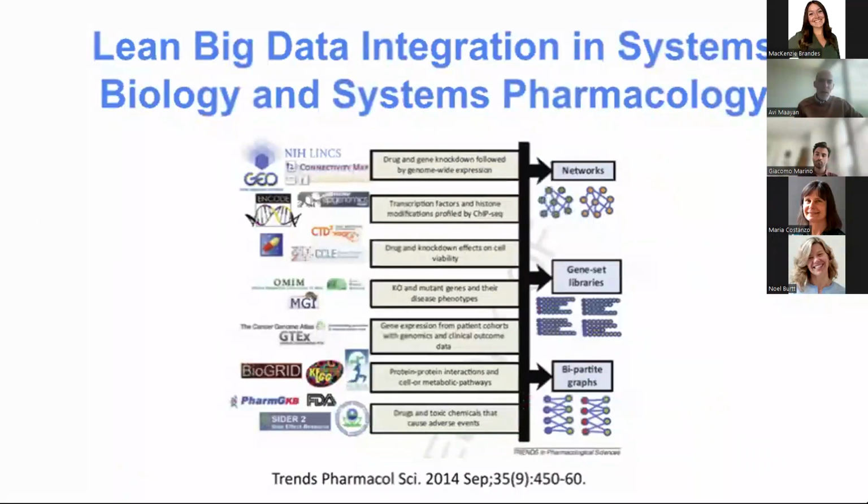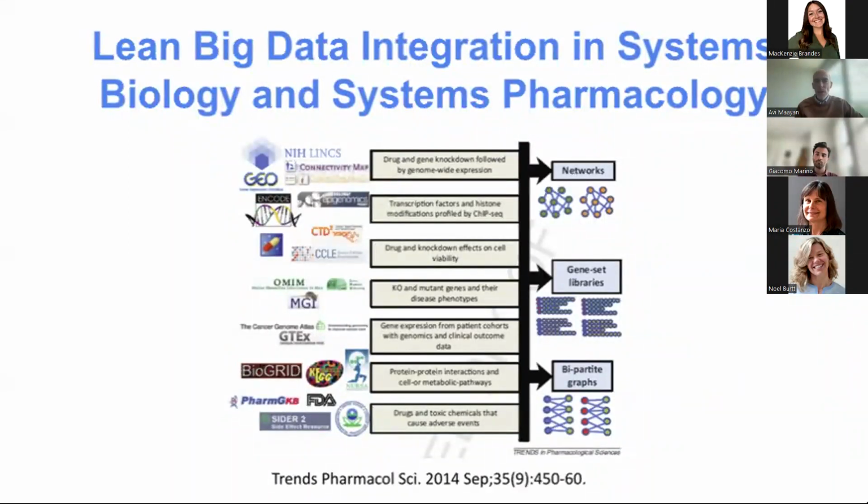So one of the things that happened to us as the DCIC for Links, we were awarded at the same time that those data generation centers were awarded, and we had some time that we needed to wait for the data to be generated. During that time, we decided that instead of waiting, we would go to the public domain and create signatures from a lot of those publicly available resources like GEO